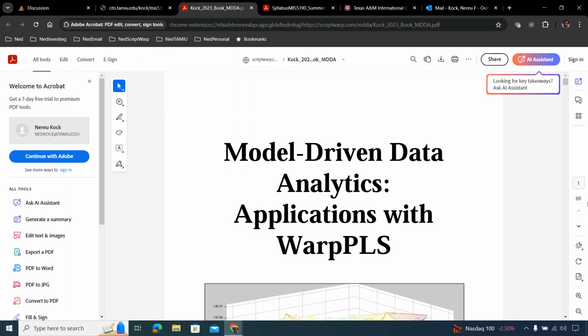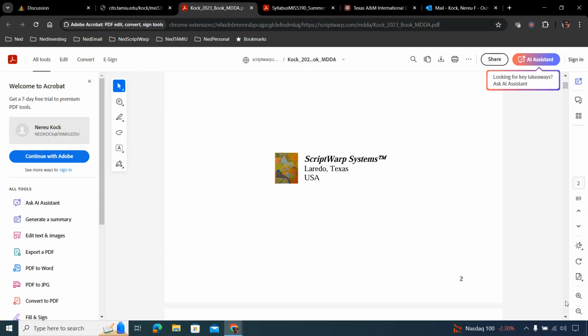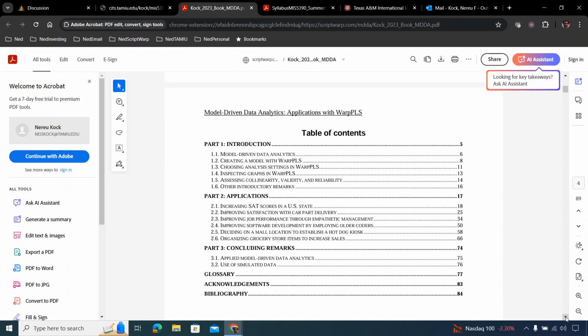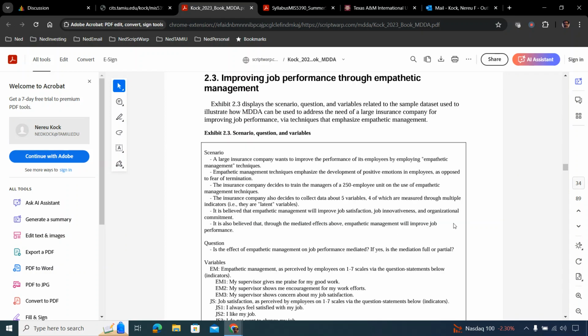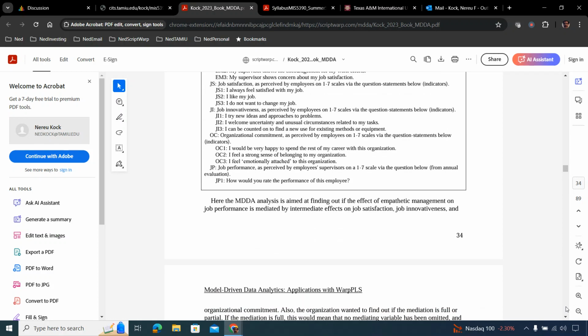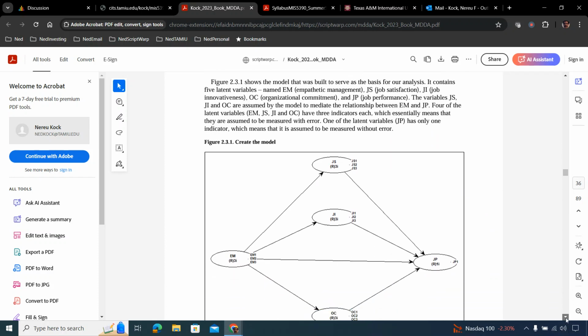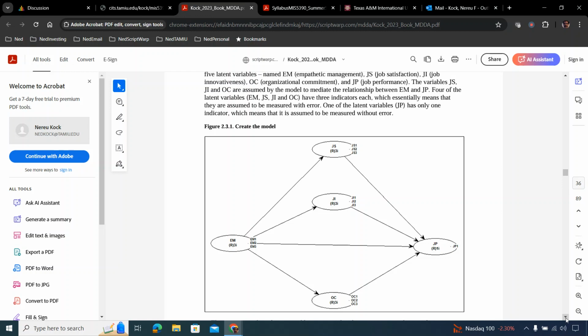So using the approach discussed in the textbook, you're going to have to build a model using the data set. And again, as I said in the previous video, this part 2.3, improving job performance through empathetic management, is a good example of the type of analysis that you will be doing in this course. But the data will have to be obtained by you, by the team. So it's one data set per team.